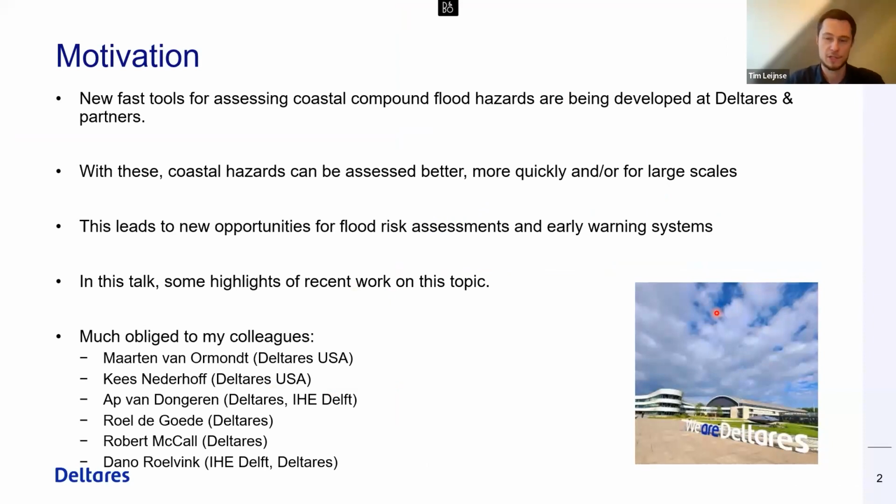So the motivation, sort of the general storyline of this presentation, is that we have these new fast tools for assessing coastal compound flood hazards, that we're developing at Deltares, but also with other partners. And the idea is that we want to assess coastal hazards better or more quickly or for larger scales, and ideally all that together. And this now leads to new opportunities for flood risk assessment and early warning systems. And I will go through a couple of highlights